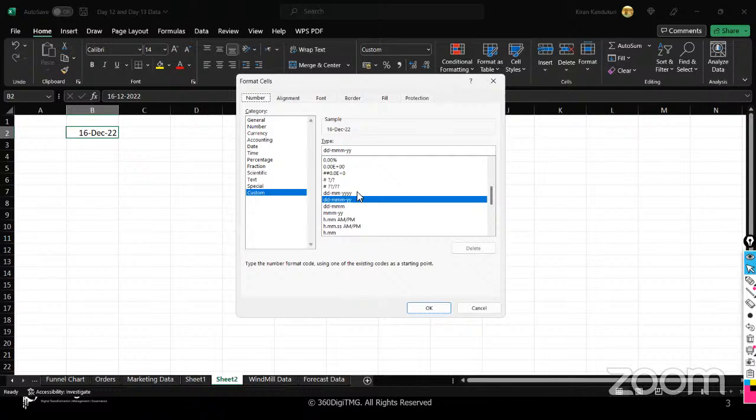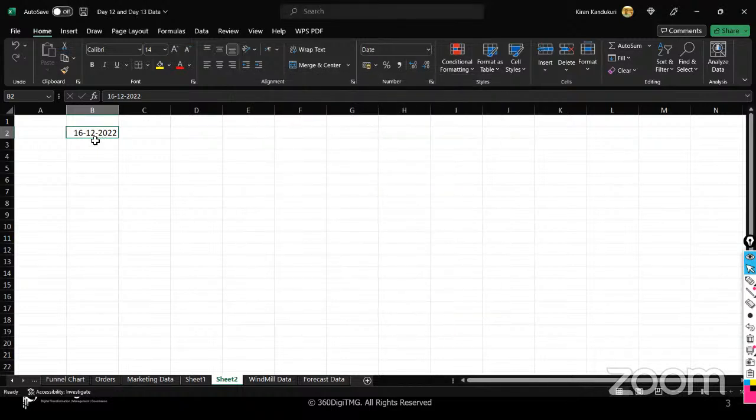Okay, if we want, we can change it. DD, MM, YY, suppose. So it will change accordingly. So date, okay, it has recognized it as date. Now, what is the standard format? Okay, why is it recognizing 16 December 2022 as a date? That is because